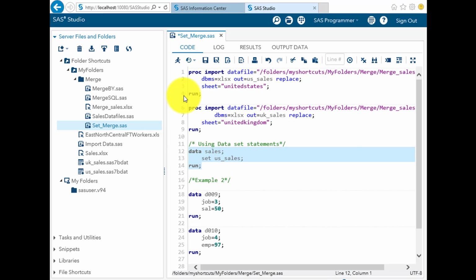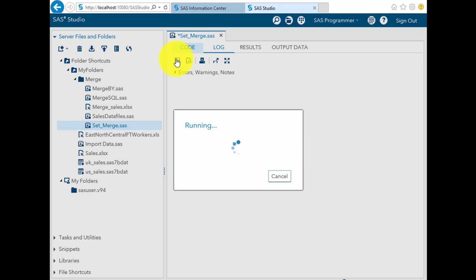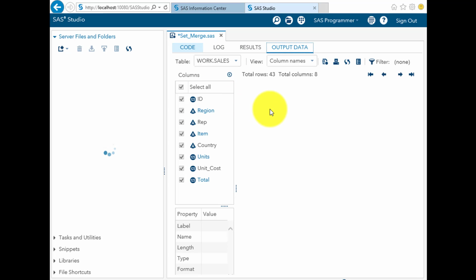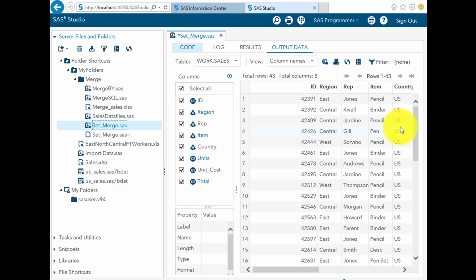It just copies the dataset from US_sales and creates a new dataset called sales. So a new dataset called sales has been created, and it's just a replica of US_sales.